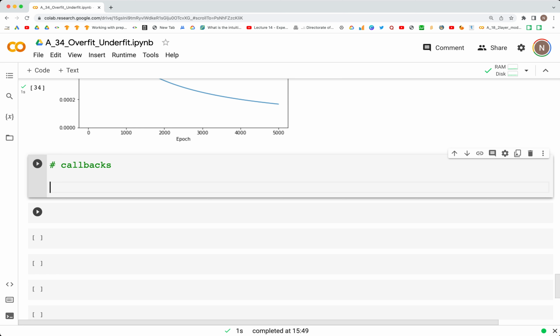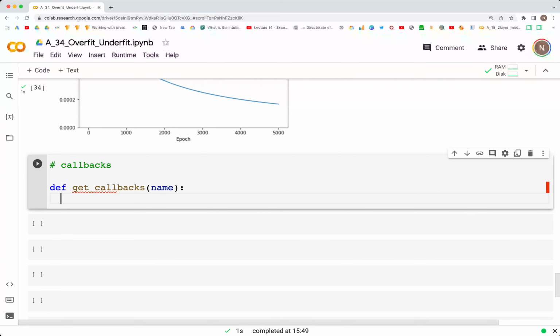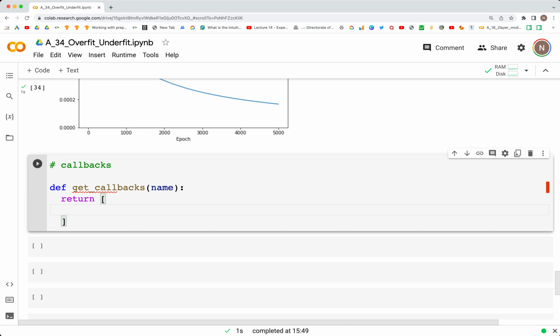And so there are 3 different ways we can stop the training ahead of time after knowing that further training is not going to be much helpful. And so for that we'll write this function get_callbacks(name), and here we'll return a list, and this list contains